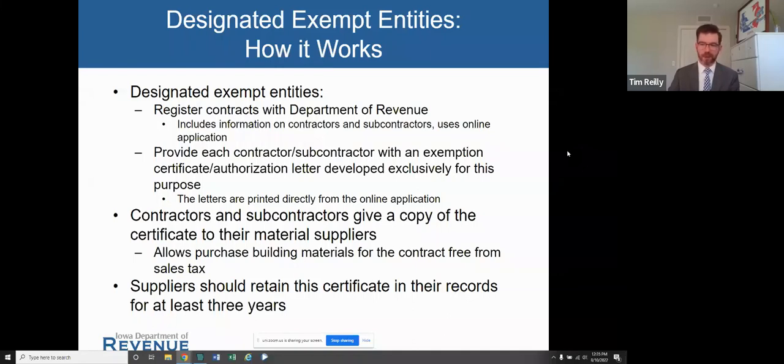The suppliers, and this is true in general for all exemption certificates, not just for designated exempt entities, if a supplier receives an exemption certificate, they should keep that on file for at least 3 years.